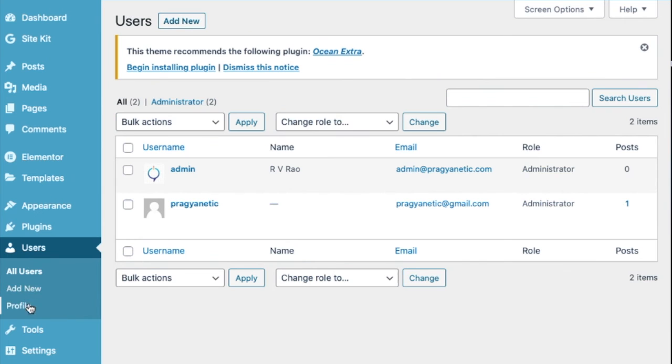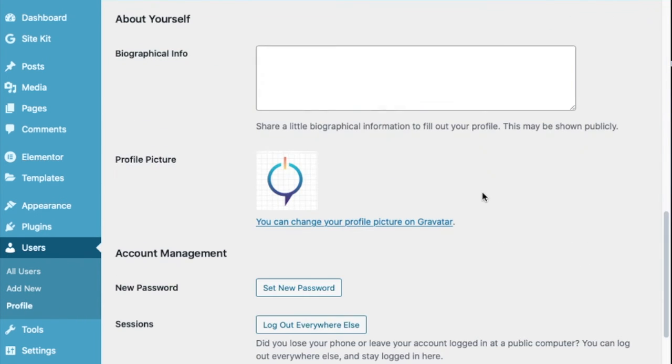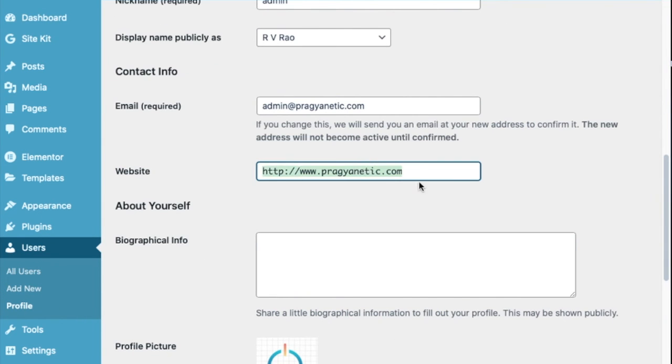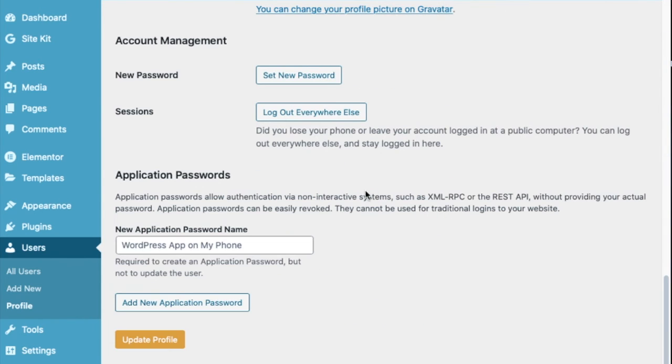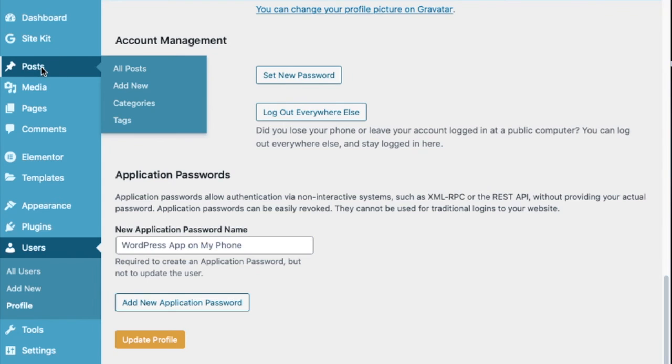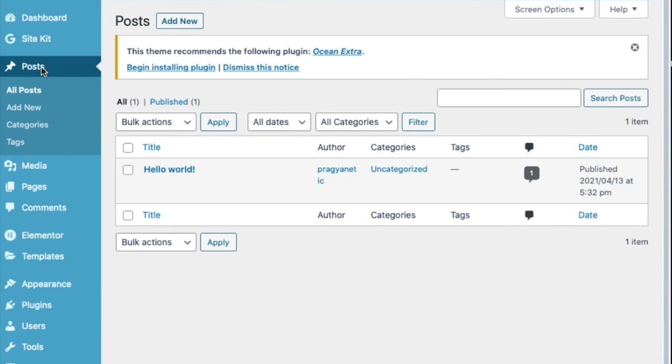So I'll just go back now and show you how to specify your website name. Go into the users and profile, and here you're going to invoke your website or write something about yourself and invoke a logo and many more. So you can also add some posts which will be displayed on your page if you are not going to specify it to redirect into a home page.